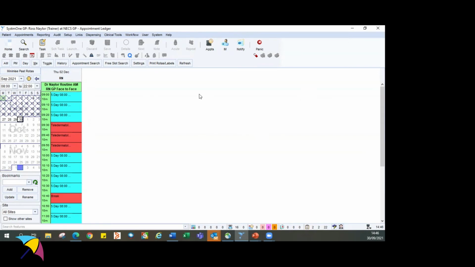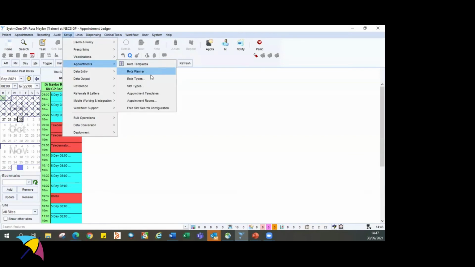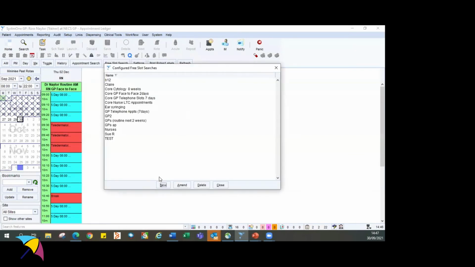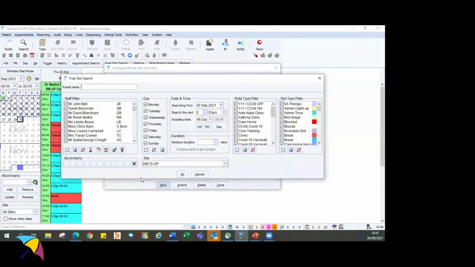So while we're talking about slots and templates, we'll come back to what I mentioned earlier, free slot search. You can configure the free slot search, which I'm sure most of you have seen. I'd guess that a number I haven't used extensively. You can configure free slot search presets to be available for practice. So if I call this one, for example,